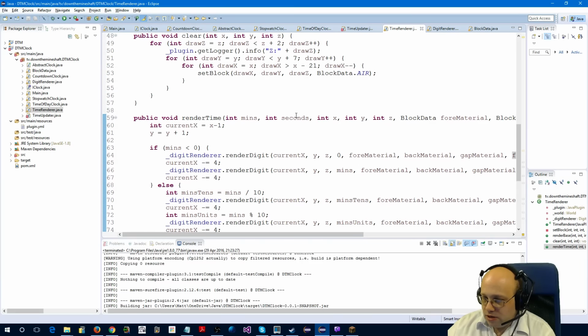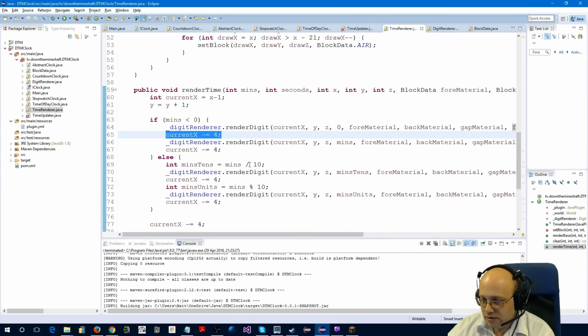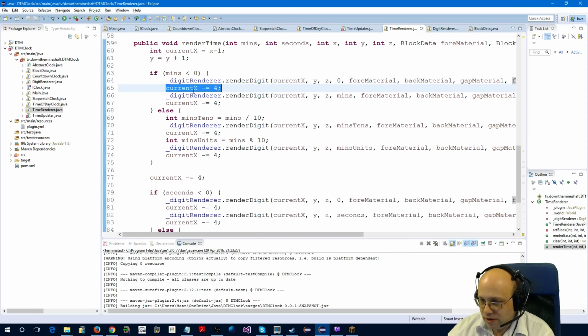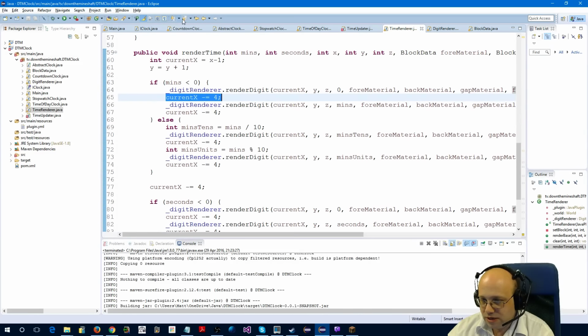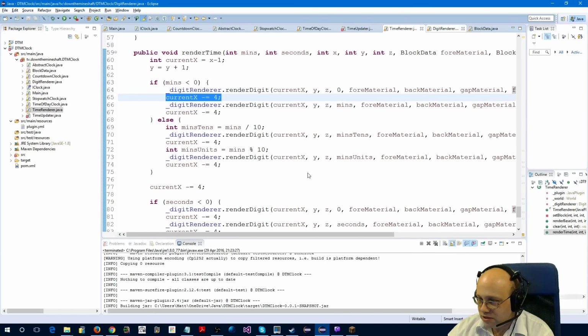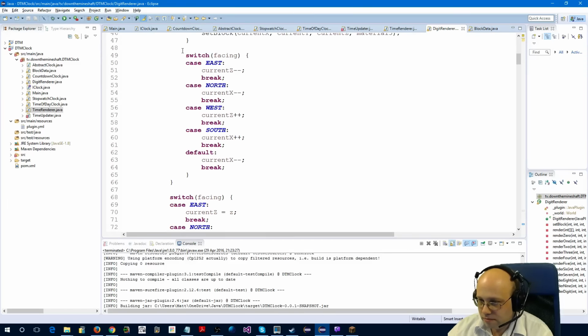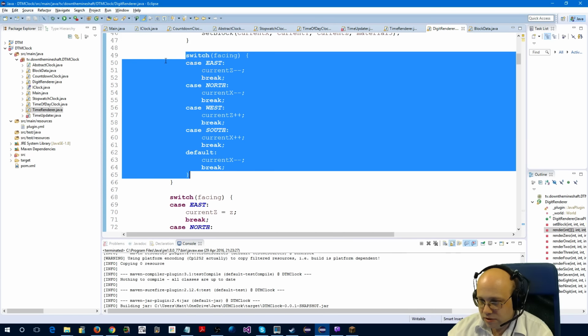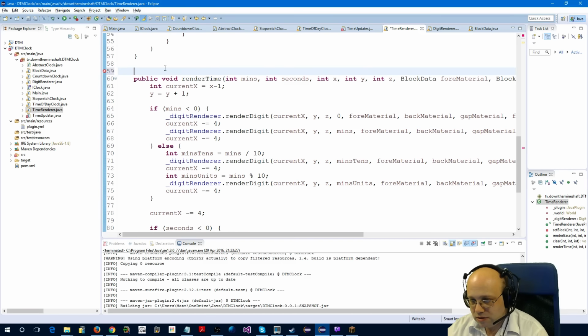Okay, so the thing is, when I do this, I need to know what the next movement has got to be. So I want to do it eight times. What I don't want to do is essentially it's going to look very similar to this bit of code here. So it's going to be like that, but I don't really want to do it 8 times because that's going to be a pain. So I want to do it once. So I'm going to do a private void